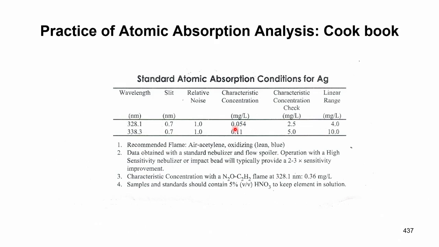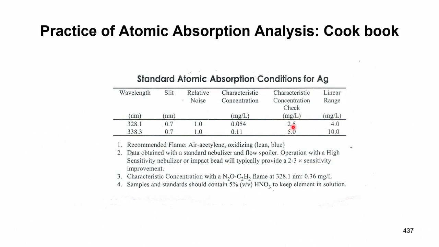The use of characteristic concentration is, if you want to check whether the instrument is functional, whether it is good, whether there are no problems with respect to your samples, what you should do is prepare 2.5 ppm, milligram per liter, of silver,